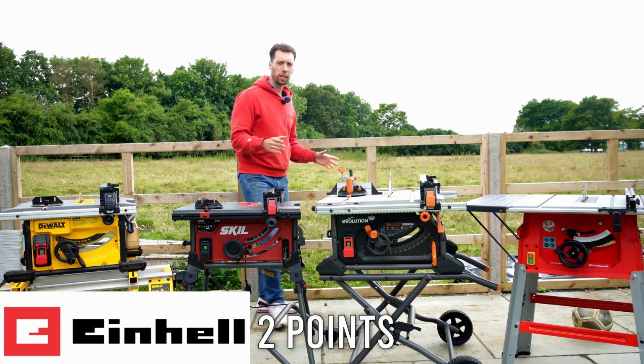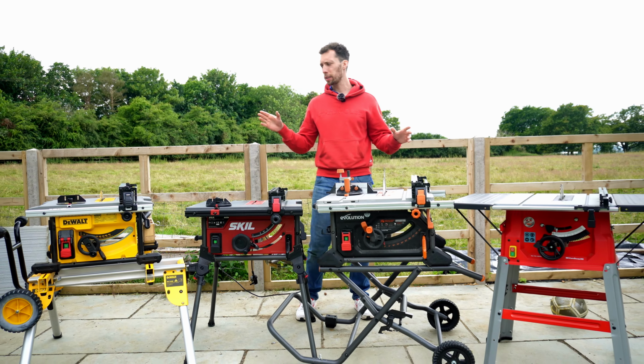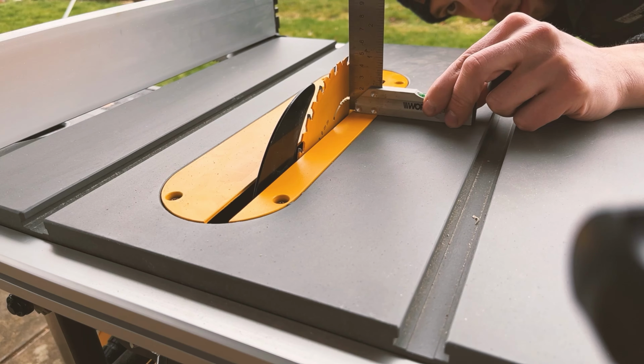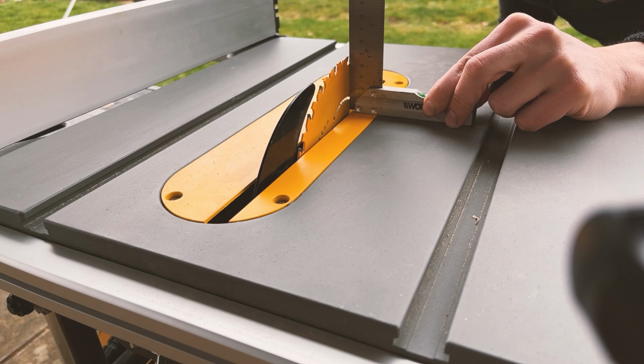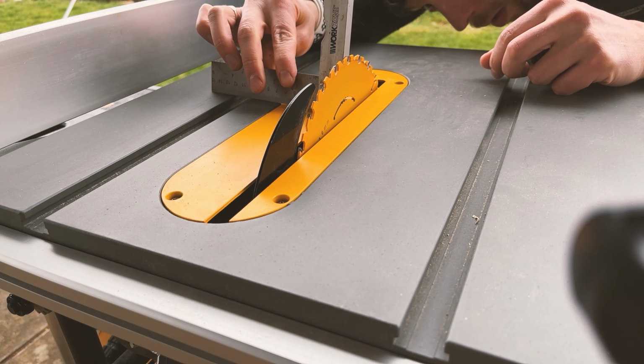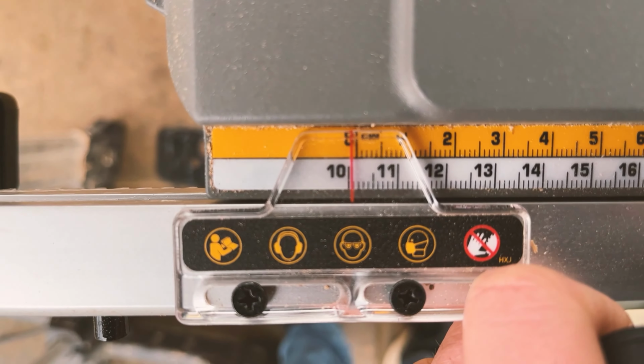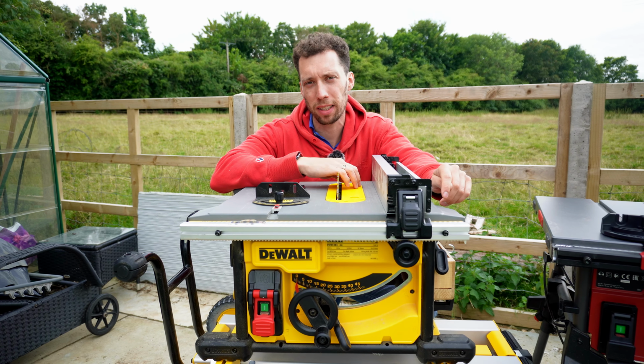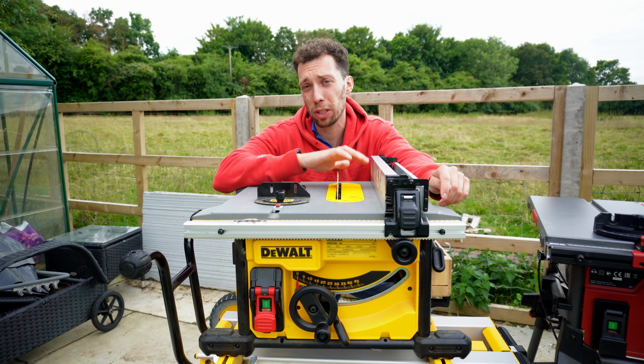Now, the ease of use is another critical factor that we are going to be assessing these saws against. The Dewalt saw was ready out of the box, and I didn't have to make one calibration or pull out an Allen key for any reason. And I think for that reason, if you are new to owning a table saw, this is going to be a really nice place to start, and it's because of that I'm going to be giving the Dewalt a 5